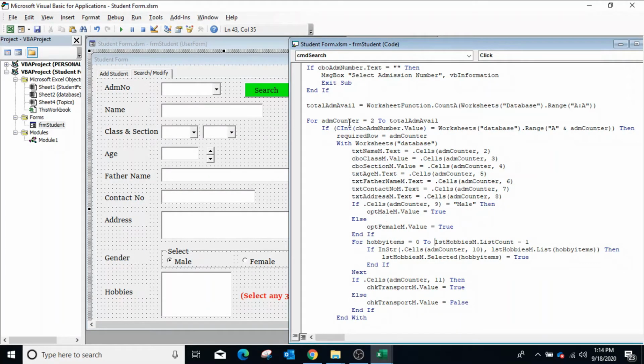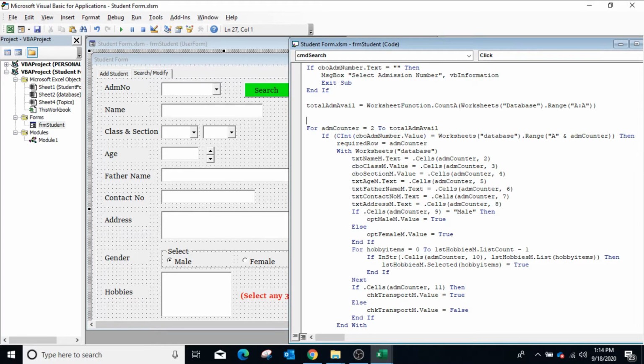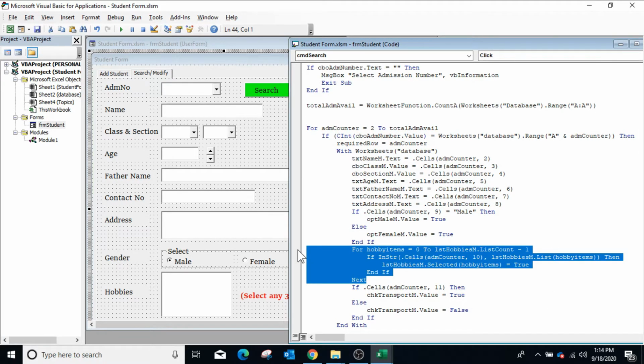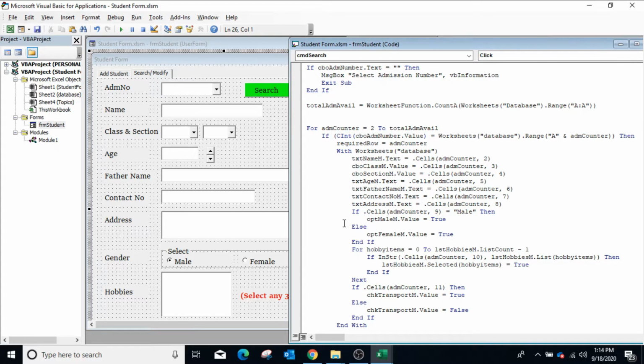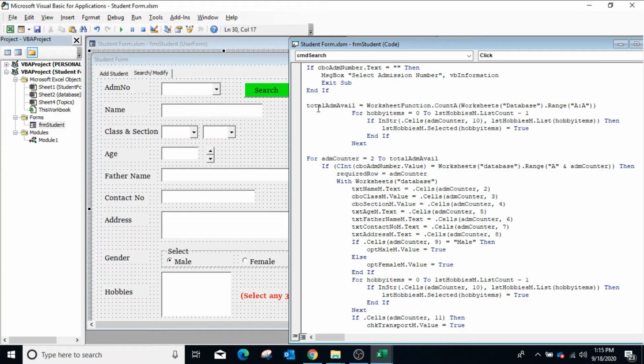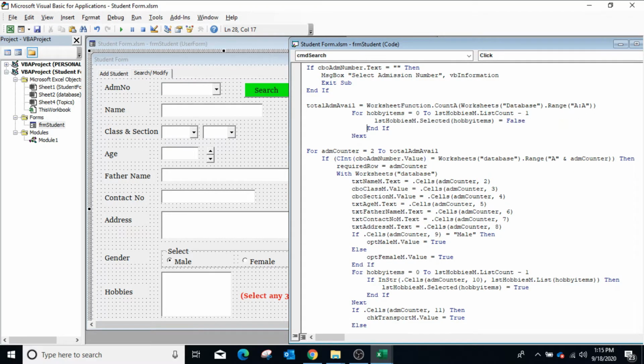Now before the for loop, we will make sure that the hobbies list box should not have any selected item. So we will again run a loop to make all the items unselected. I have just copied the for loop, and inside the for loop we will make all these items unselected.